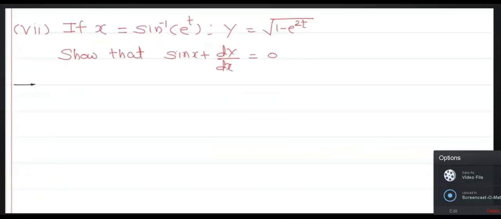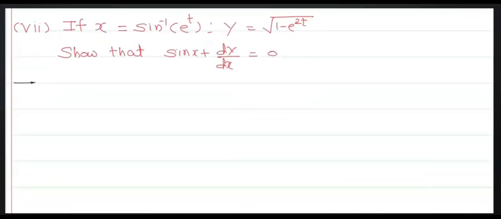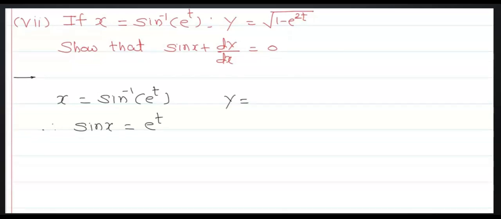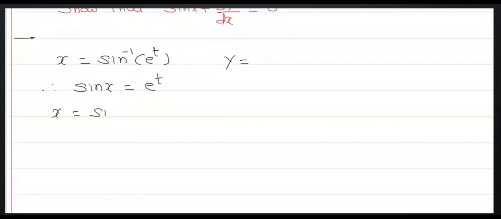Now, the next is seven. If x is equal to sine inverse of e raised to t, therefore sin x is equal to e raised to t, y is equal to